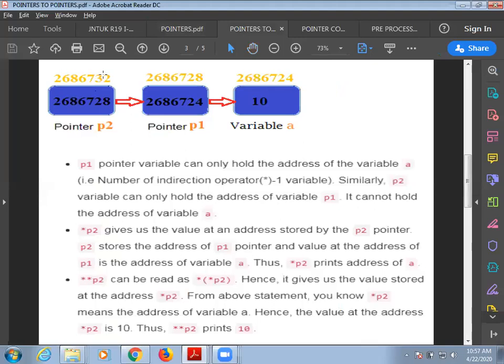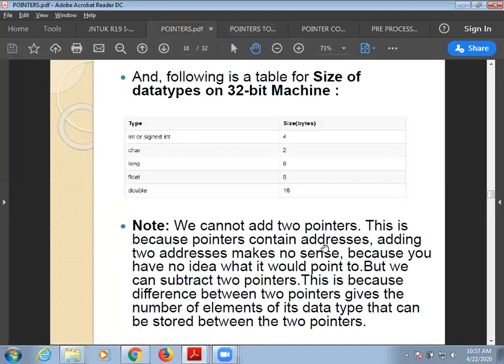If I add these two values, I will be getting some 56,000 something. So that memory location is not a valid thing in your program. Okay, adding 2 pointers is not a sensible thing to do. That is, if I write p1 plus p2, it is not a sensible addition. So pointer arithmetic is mainly about incrementing the pointers and decrementing the pointers, not adding 2 pointers.